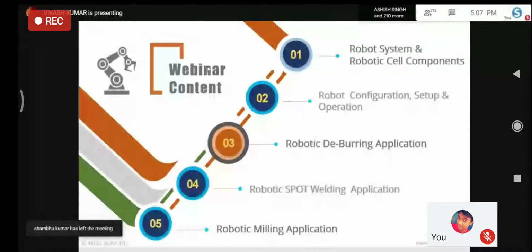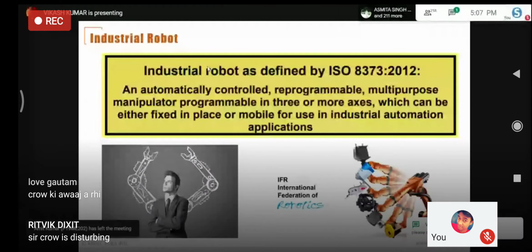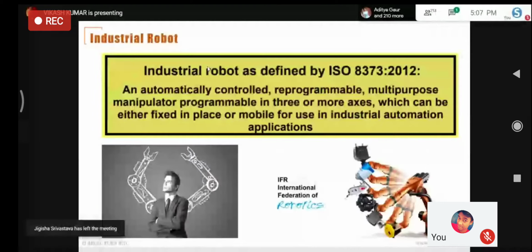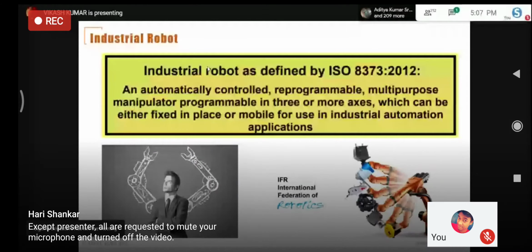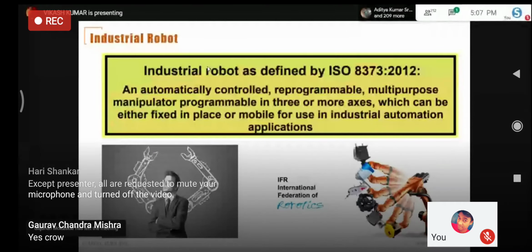If we are presenting a webinar on robotics and do not cover the basic definition of robotics, it is not justified. So I will quickly recall the basic and standard definition of any industrial robot.